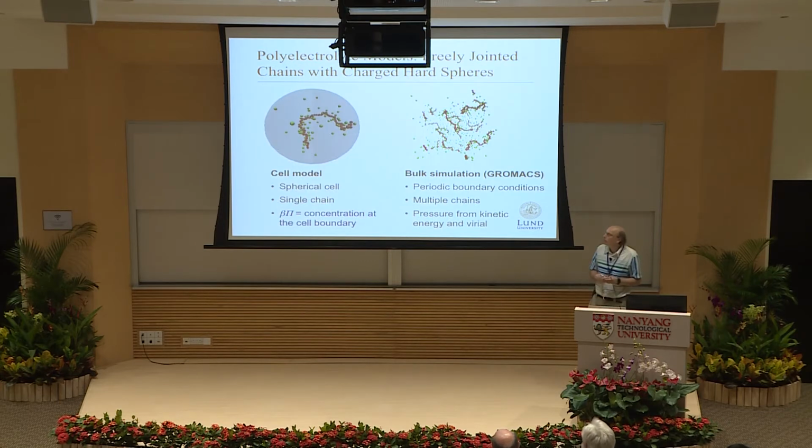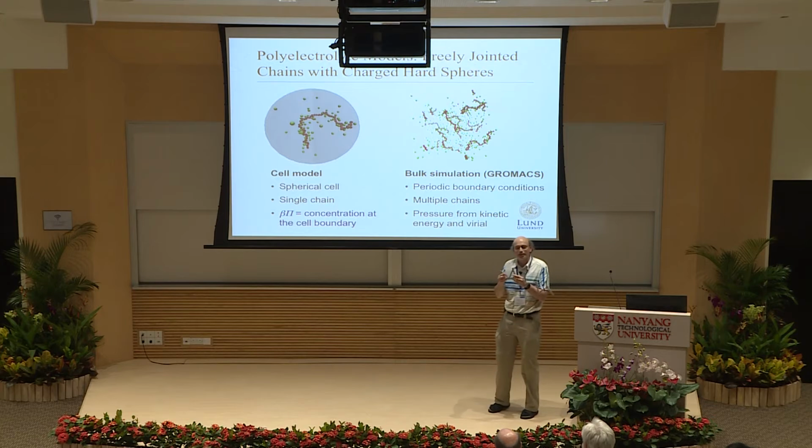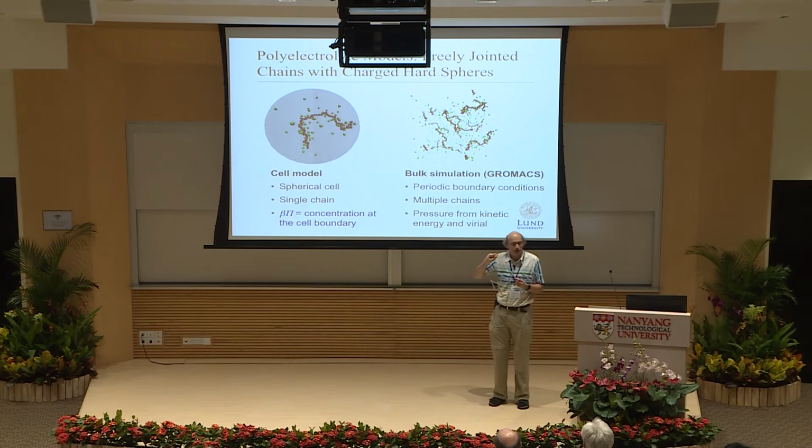So what I've done is to perform simulations, using a model which is basically a freely jointed chain. There's no angular potential. The monomers are hard charged spheres, and so are the counterions. They are also hard charged spheres, so explicit counterions. And we have two situations. One where we have a single chain